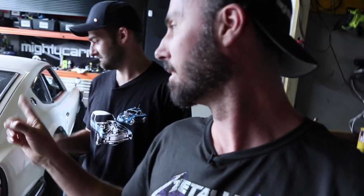Hello everybody, and this week on Mighty Car Mods, it's time to talk about something very important, and that is the engine. Where is it? Why is it not in the car? Why is the car here and engineless? Because an engineless car sucks. Doesn't really go anywhere. But before we go any further down that route, and we will answer that question,